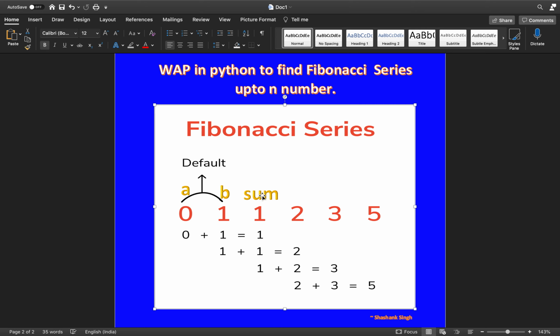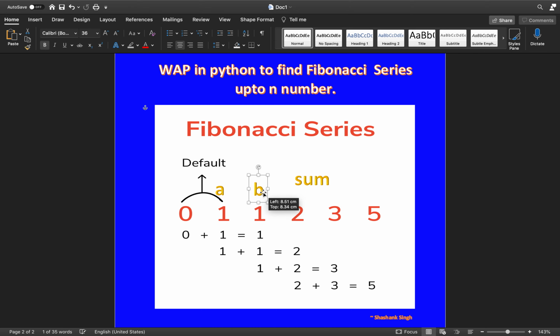So how can we implement this using the Python programming language? Before that, let me explain what our strategy will be. Initially a, the first number, will be 0, and the second number b will be 1, right? So we will find the sum. The sum will be first plus second, which is 0 plus 1 is equal to 1, right? Now 2 will be obtained using 1 plus 1, right? So we will put this value of b to a. So a will point to 1 and now the sum to b, right?